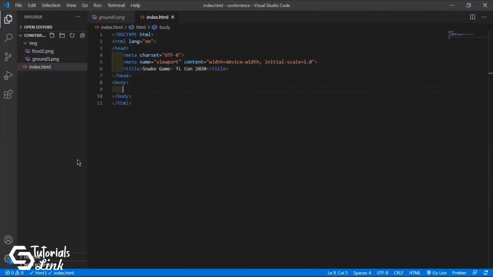So inside this body element, what we need to do is, first of all, create our paper, which means our canvas.